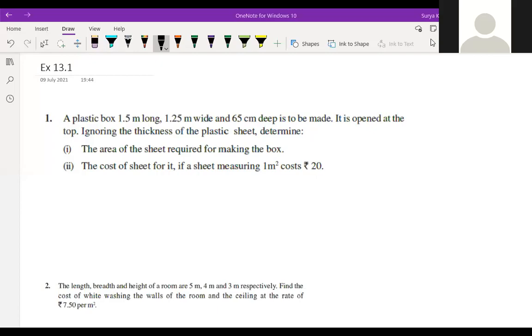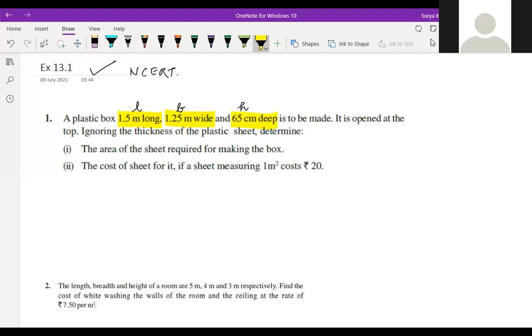So we are starting surface area and volumes, first exercise of NCERT. So this is about plastic boxes there. This is like a cuboid, right? So this is your length, breadth, and height. But children, if you see here, length is 1.5 meters, breadth is 1.25 meters, and